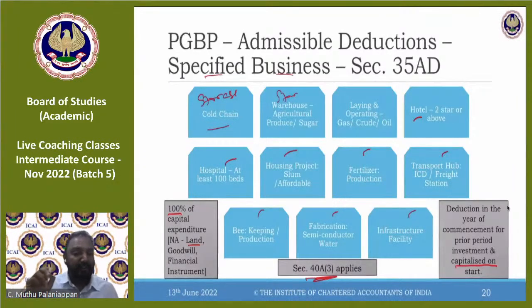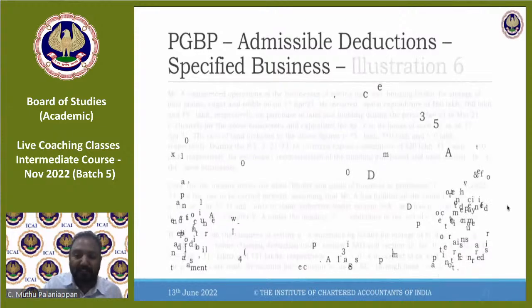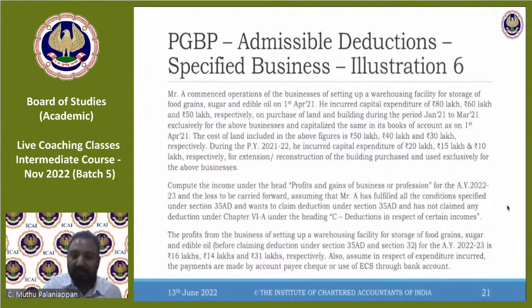And 100% of capital expenditure can be claimed as a deduction, but it is not eligible for land, goodwill, financial instrument. And if you have made the investment prior to commencement, you can claim it in the year of commencement, provided it is capitalized in the year of commencement. It can be claimed in the year of commencement if it is capitalized on the first date of commencement. So that's what the provision is about. Some of the other things that you need to consider for this particular category is